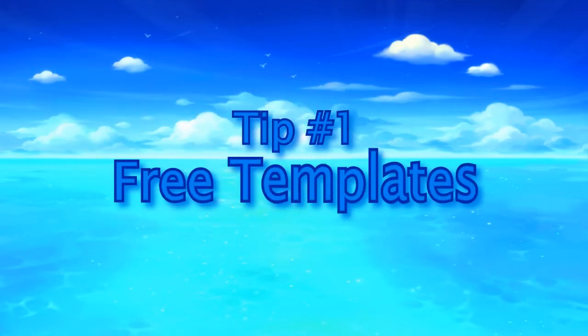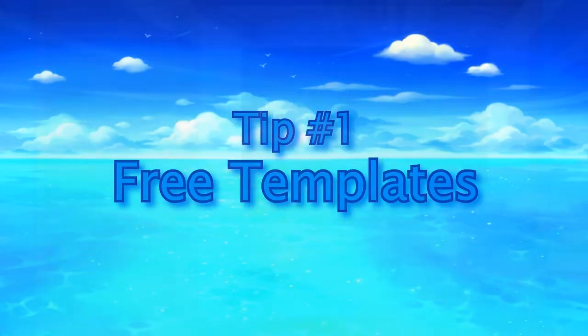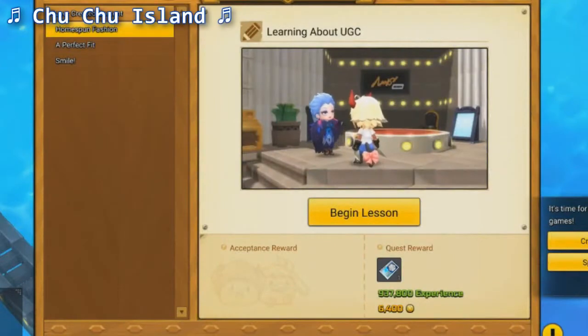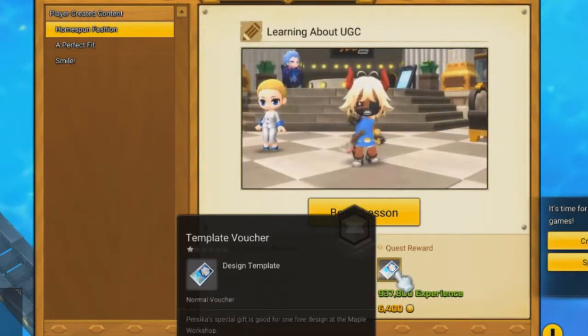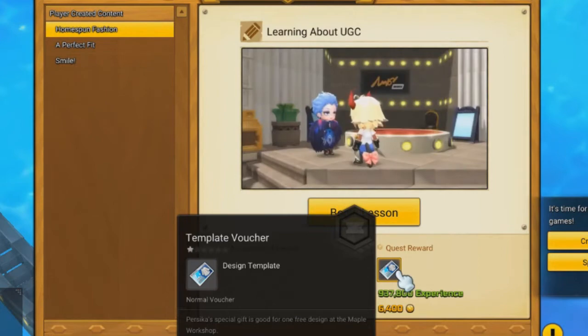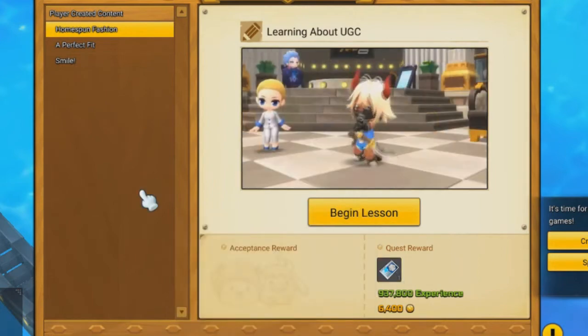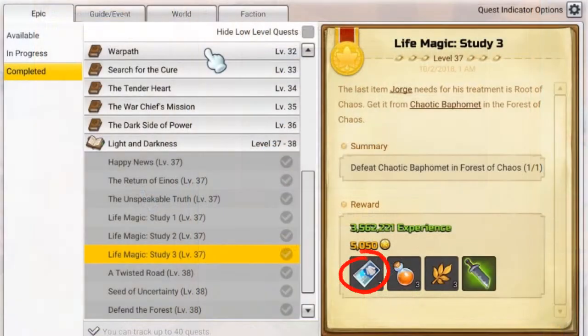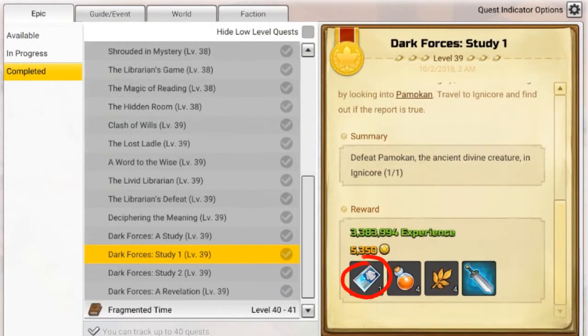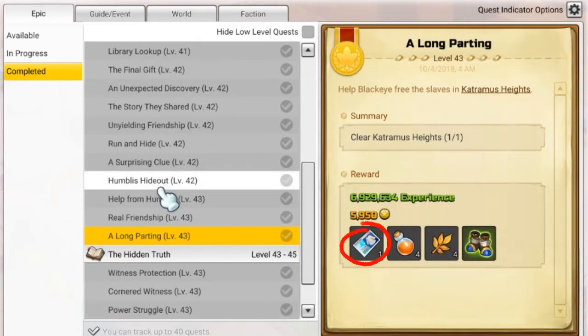Tip number 1, free templates. You can get free template vouchers from completing the UGC Maple Guide in-game. Did you also know that there's a whole bunch of story quests that you can also get coupons in? Life Magic Study 3 at level 37, Dark Forces Study 1 at level 39, and A Long Parting at level